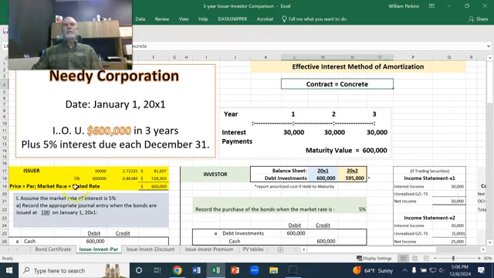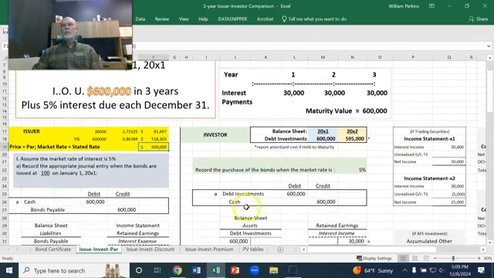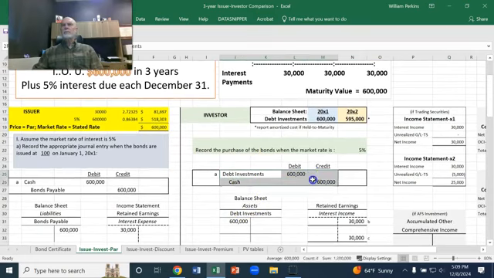Let's assume in the first example that the market rate of interest is equal to the 5% stated in the contract. So when we present value these cash flows using the market rate of interest of 5%, the price of this bond will be equal to the face value because the market rate equals the stated rate. So we're going to record this investment at $600,000,